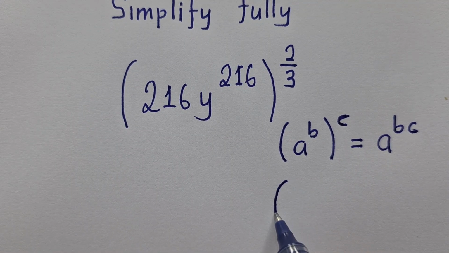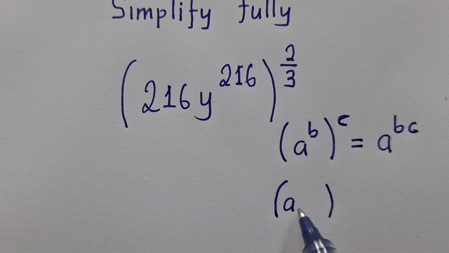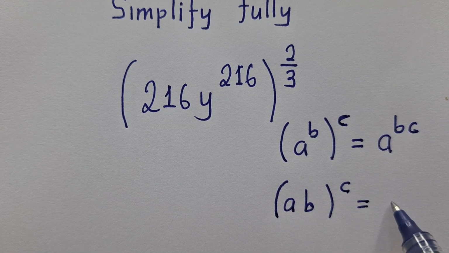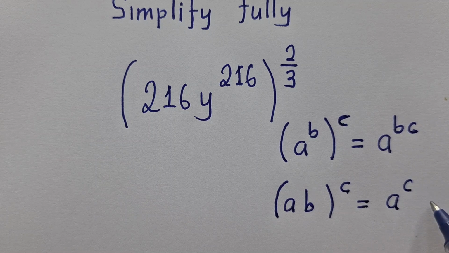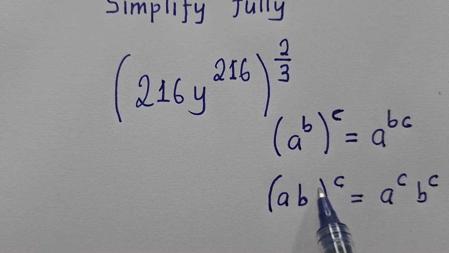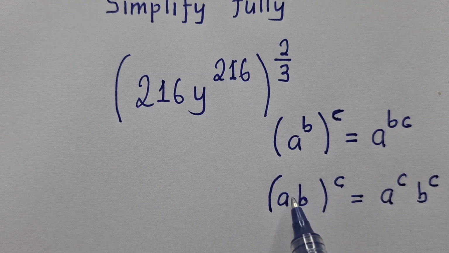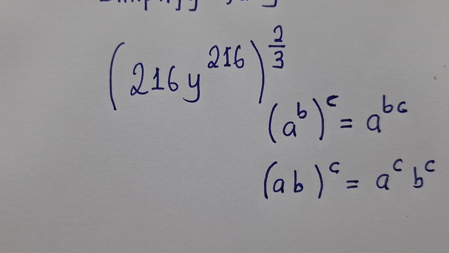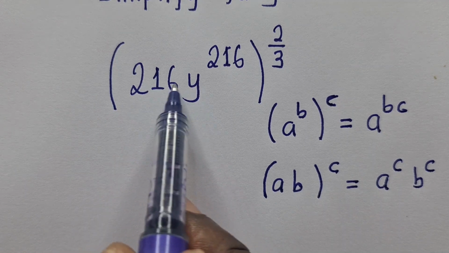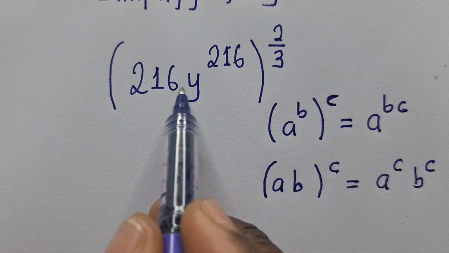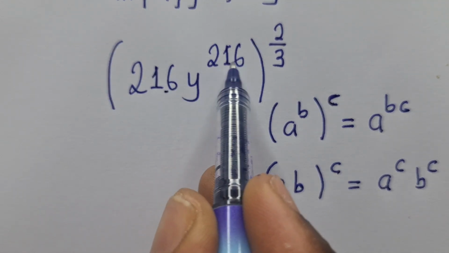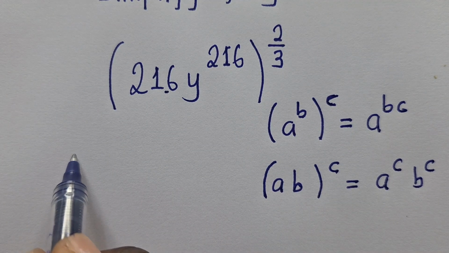But before we apply it, let's also understand another property. When you've got a multiplication of a, b, and there's a power c here, this will simply be equal to a power c, b power c. So this power will be distributed or applied to this base and this base. And if we check nicely inside here, there are two things happening. There is a multiplication of this 216 and a y to the power 216. So we shall say